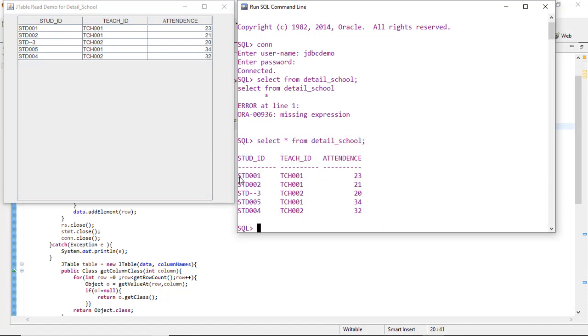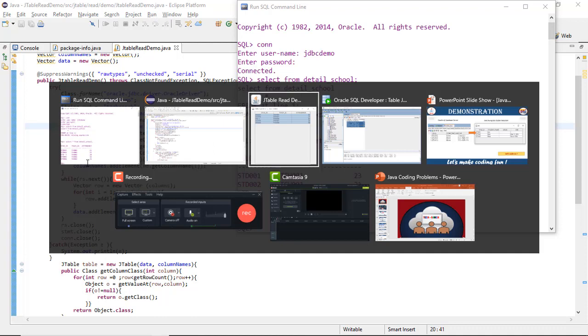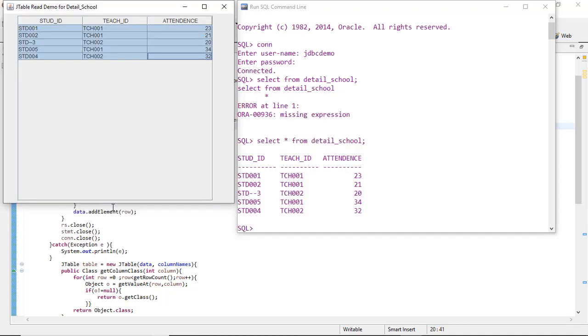This is our table, and this is the actual table in JTable. This is your SQL Oracle database server, and this is your JTable for the details table. So this is a live implementation of JTable read demo from Oracle to Java using JDBC API and JTable Swing